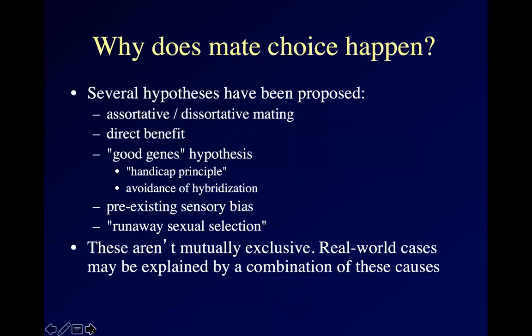And you might have been wondering why intersexual selection happens in the first place. Why do female cardinals prefer the reddest males, or female frogs prefer male frogs that go ribbit ribbit the most loudly, or all of the amazing things that they do? Why should certain features be the target of intersexual selection?